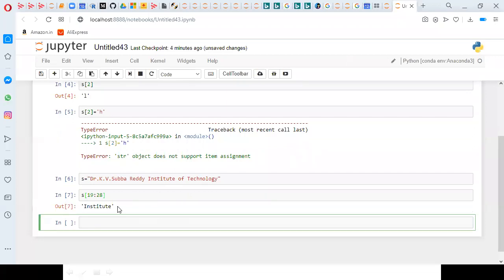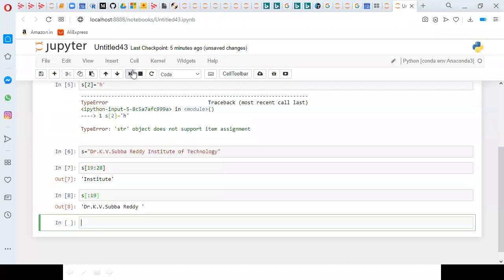So there is a possibility to go with slicing, and at the same time it supports reverse also. I said that the starting index is optional, stop is also optional, step is also optional. If I don't mention the starting index, it will be considered from 0. If I mention colon 19, it will take Dr. K.V. Subba Reddy including space.